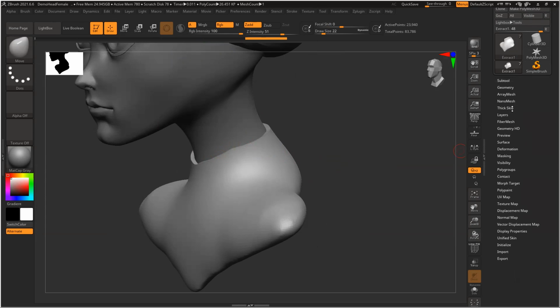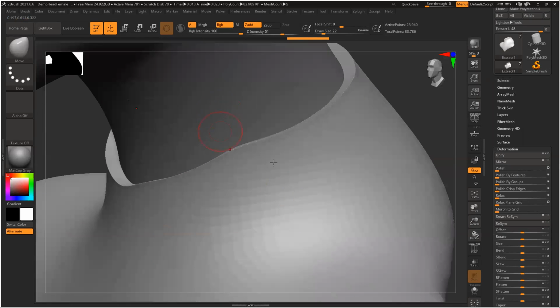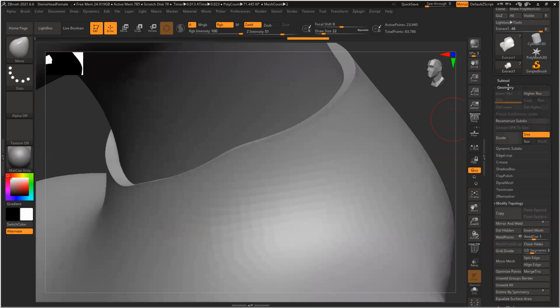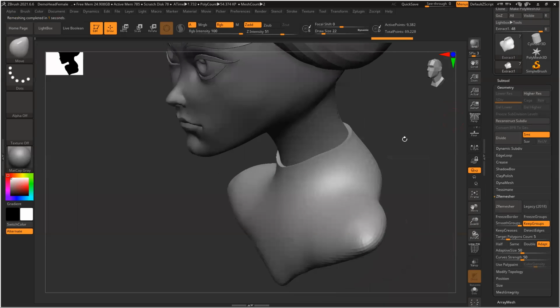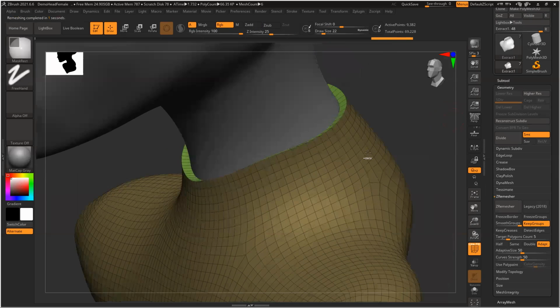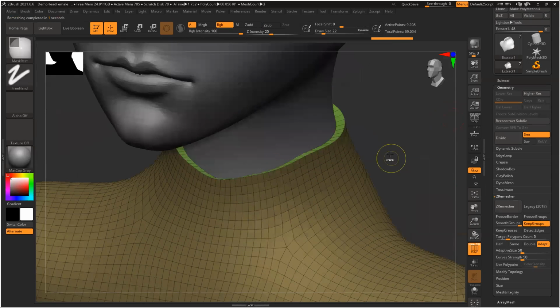So what I'll do, I'll go to deformation, polish by feature to make those edges slightly smooth, or I can go to geometry, ZRemesher, keep group. Keep group basically retains the polygroup, and based on the group, it will create an edge. So I'll show you.